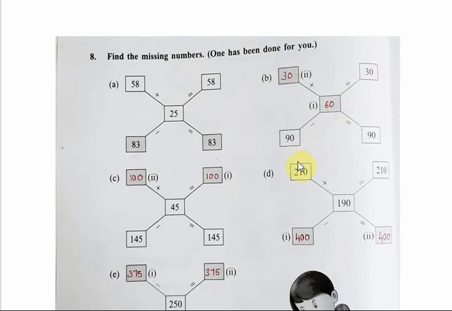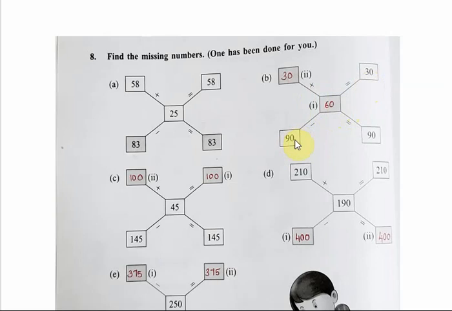Earlier we have done many questions on how to find the subtrahend if it is missing. So 90 minus dash is equal to 30. In order to find this, what do we have to do? We have to find the answer of 90 minus 30. So what is 90 minus 30? 9 minus 3 is 6. So 90 minus 30 is equal to 60. Write 60 here because 90 minus 30 is 60. So the answer will be 60.